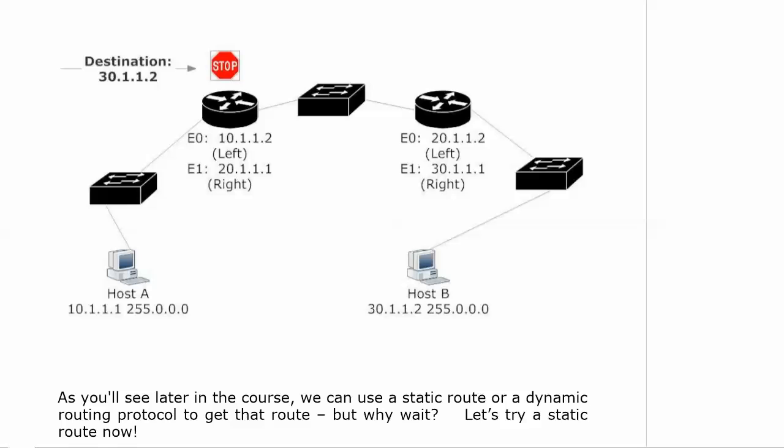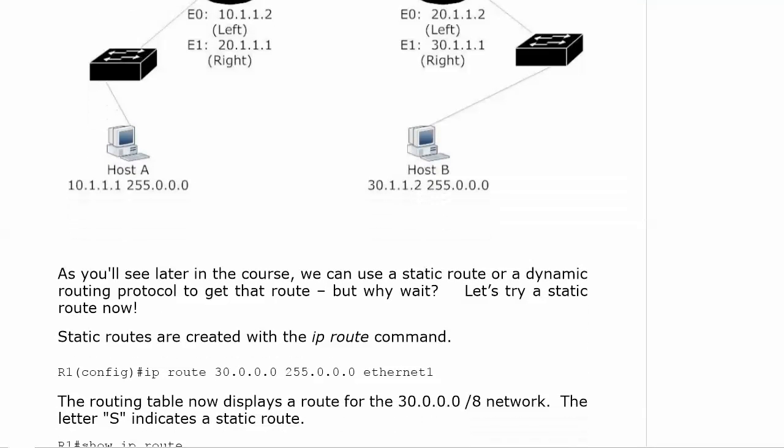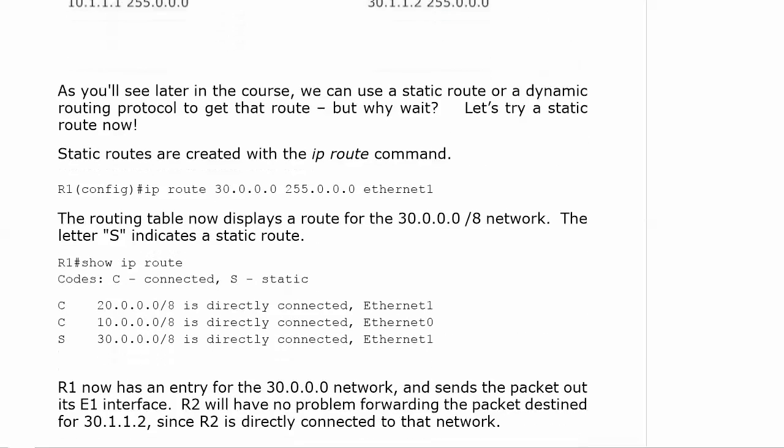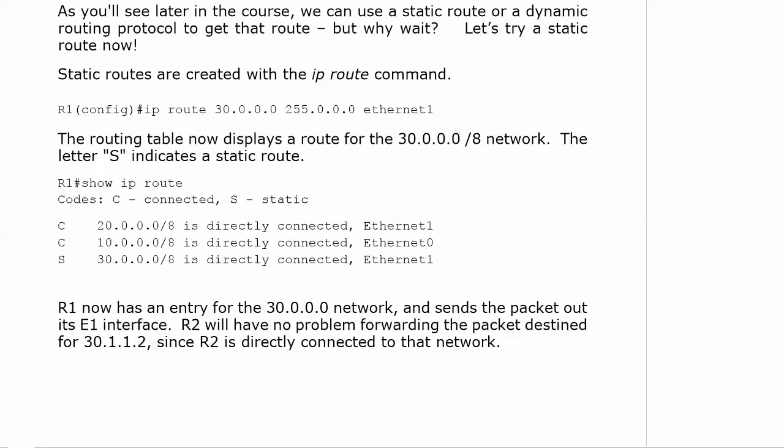Now we have two solutions to this, both of which we're going to work with throughout the course. When we get to static routing, I've got quite a static routing live lab for you. But again, I want to walk through one of these as well. Let's try a static route right now, and I want to introduce you to that syntax as well. They are created with the IP route command. And you can see that I simply on router 1 put IP route, and you put the network followed by the mask, followed by either, and those of you who have taken my classes before are already grinning and saying, oh, here he goes. But it's so important to remember you have two options here at the end of the